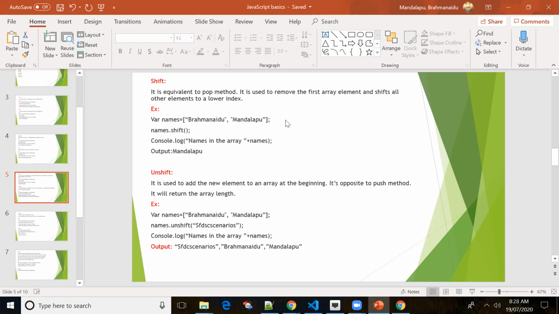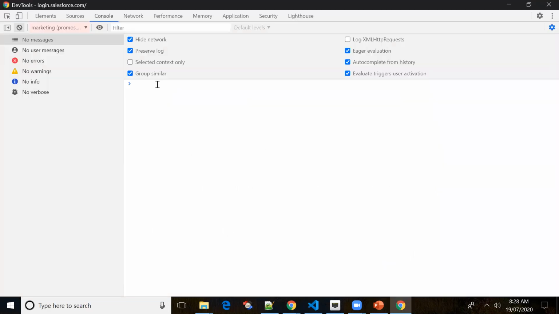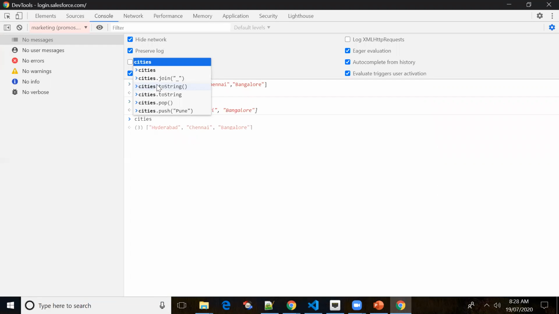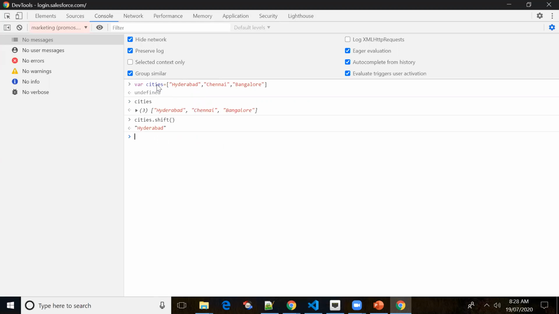Okay, so let me declare an array. Let me print the cities. Now what I'll do is I'll use shift. Let me print this. See what is happening. It is returning the deleted value, right? So let me print cities: Chennai, Bangalore.